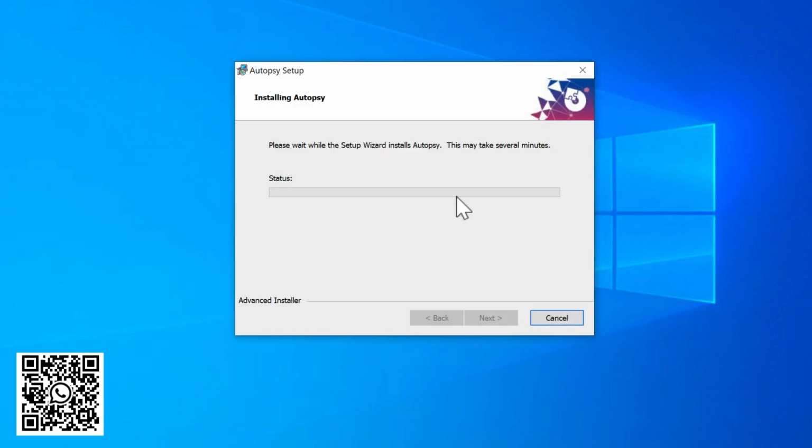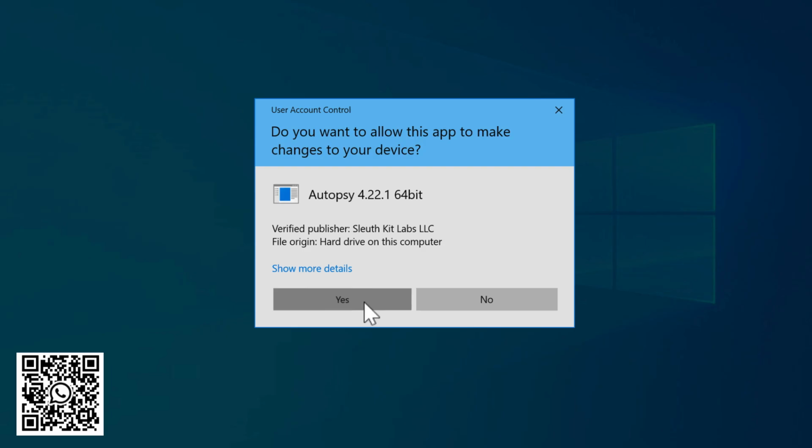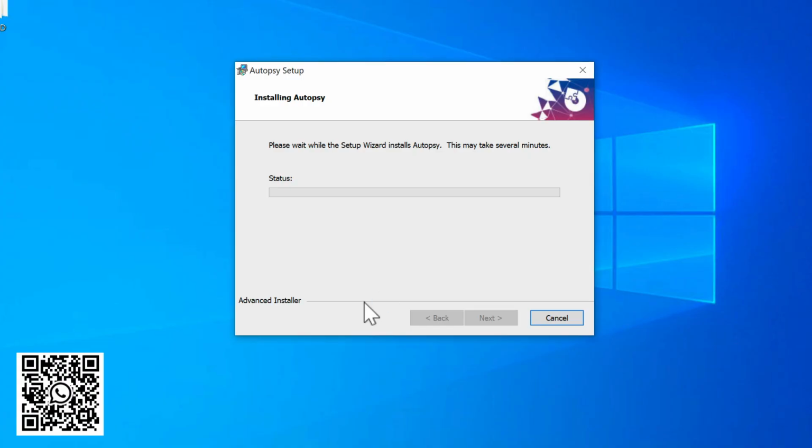Once you install Autopsy, you will see that the installation takes approximately 2 minutes. You can install the latest version of Autopsy. Right now the version that we are working on is 4.22, which is the latest version while recording the video.